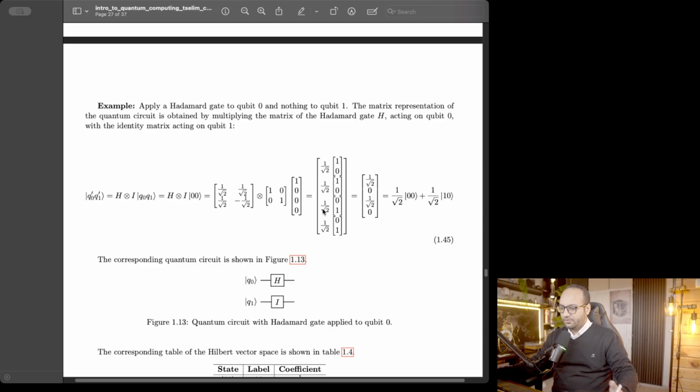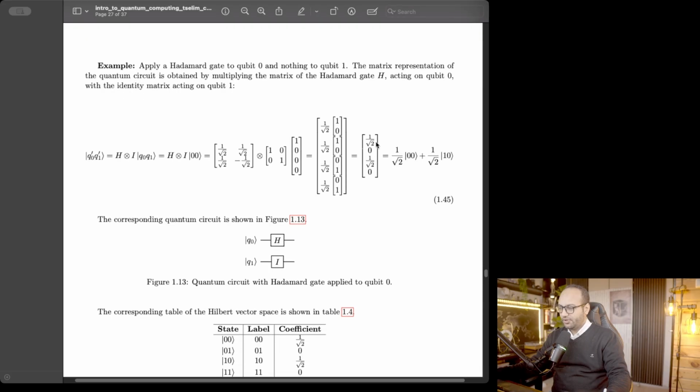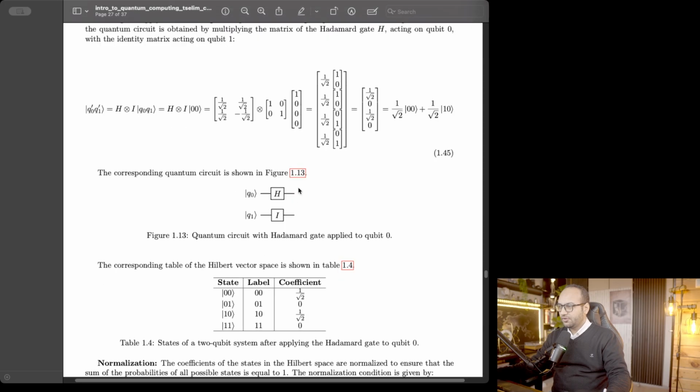And then if we do this action, we are going to see that the superposition now happens here. So we act on 2 qubits initialized in the ground state. Now we see that the first qubit has been put in a superposition. So the situations where the first qubit is now presented to be in 0 and 1 have the coefficients 1 over root 2. So we have 1 over root 2 next to ket 0, 0, and 1 over root 2 next to ket 1, 0. So this is a circuit representation,